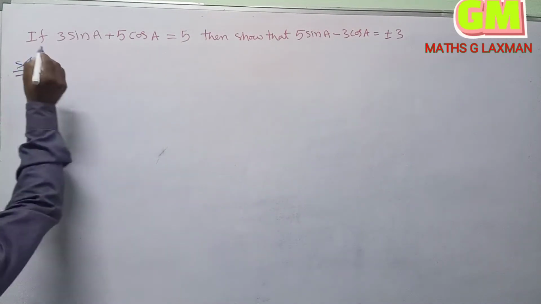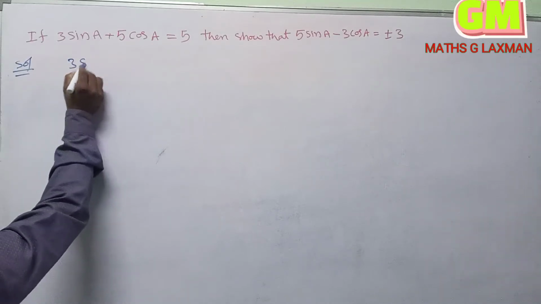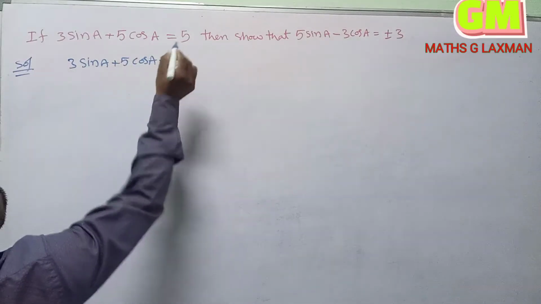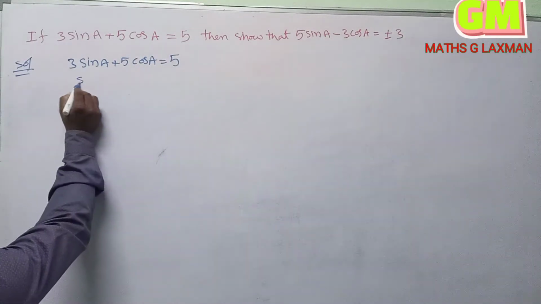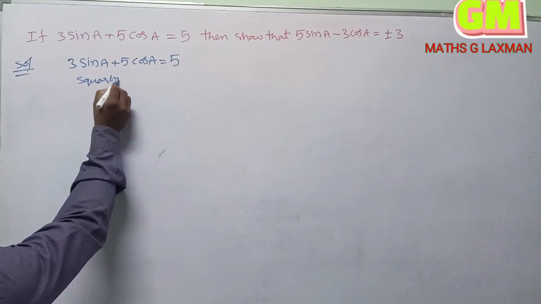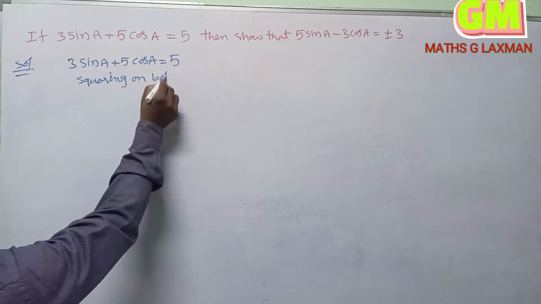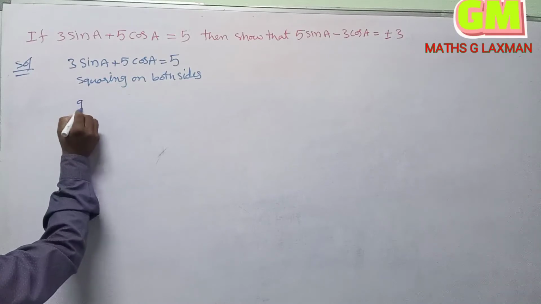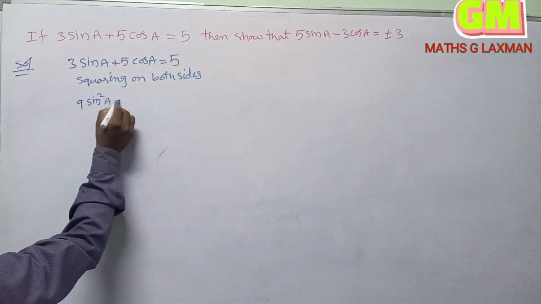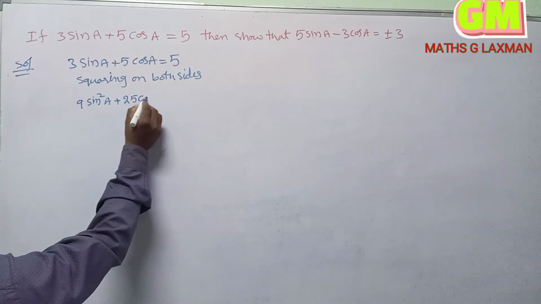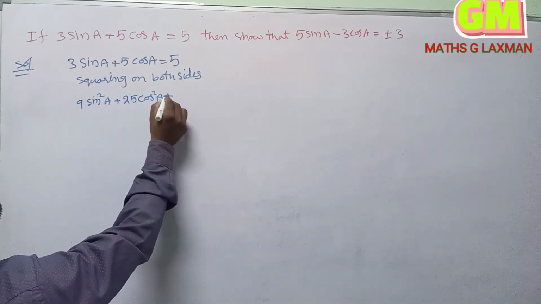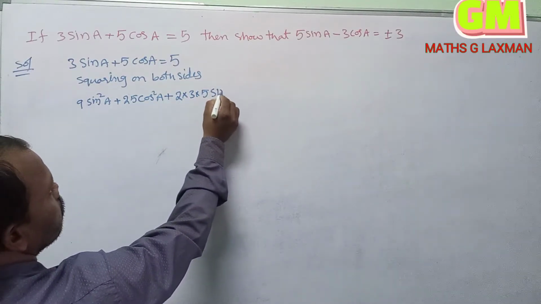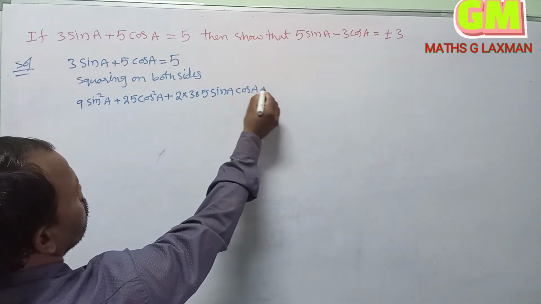I will look here. First, the given equation is 3 sin A plus 5 cos A, which is equal to 5. Squaring on both sides. So what you will get? We get that 9 sin square A plus 25 cos square A plus 2 into 3 into 5 sin A cos A, which is equal to